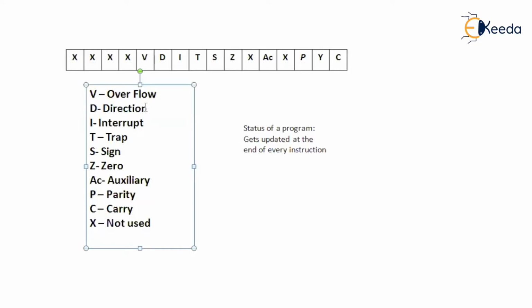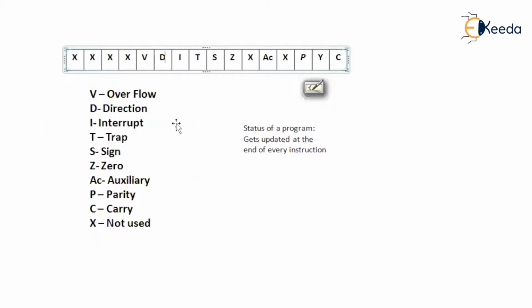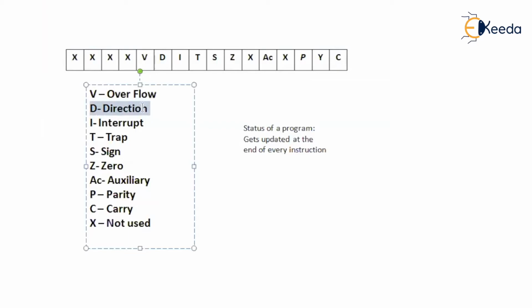Try to understand. If the direction flag is equal to 0, that means when executing loops, the counter variable will be updated from minimum to maximum. If the loop has to be repeated 100 times, it will be repeated from 0 to 100. If the direction flag is equal to 1, then the loop will be evaluated in the reverse direction, that is from 100 to 0. So this direction flag is exclusively for loops.